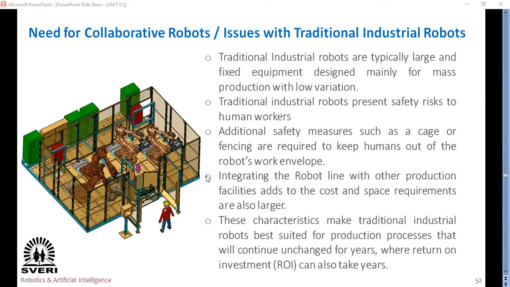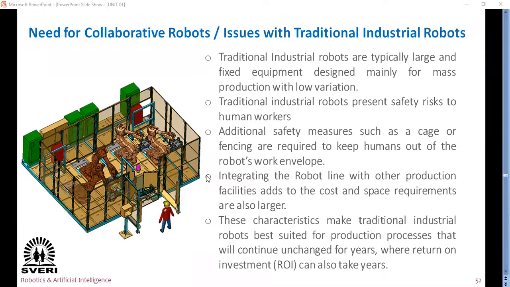Then, what is the need for collaborative robots, or what are the issues with traditional industrial robots? Traditional industrial robots are typically large and fixed equipment designed mainly for mass production with low variation. Traditional industrial robots present safety risks to human workers.